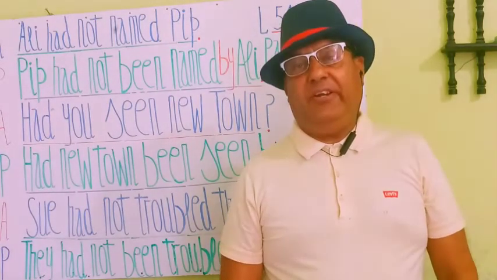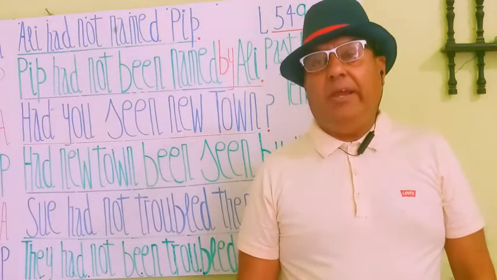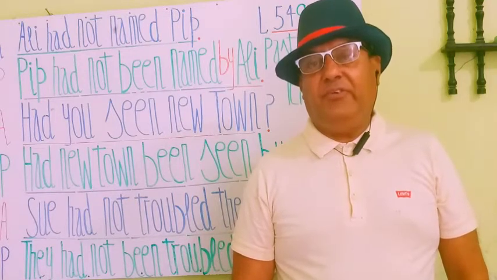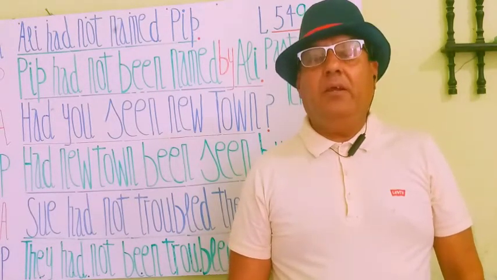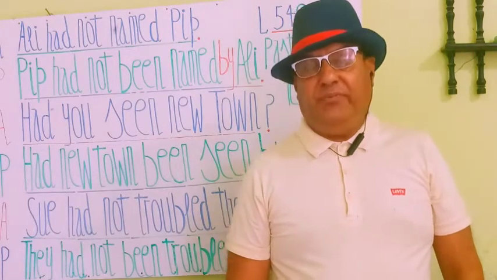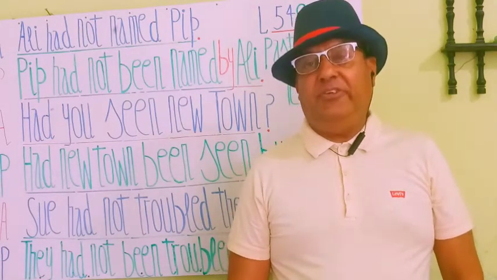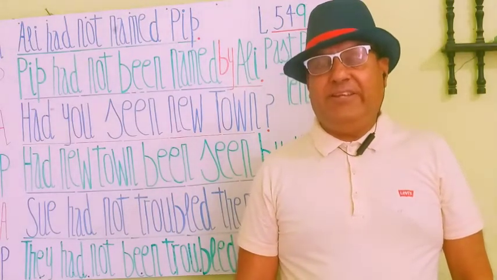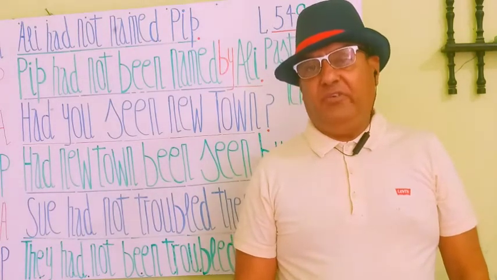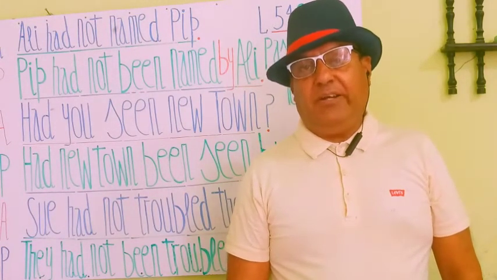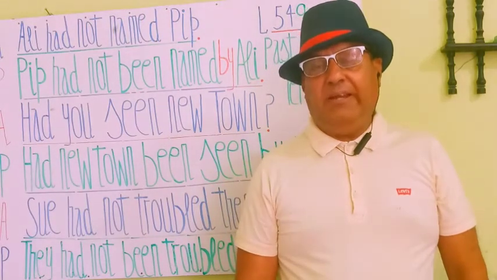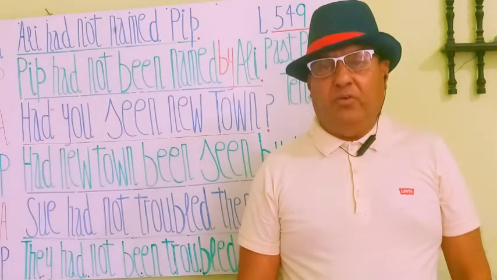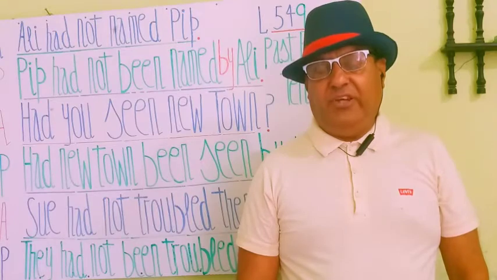Today we are going to see the negative phrases in past perfect tense. Past perfect tense negative statements. We will see the changes and rules that apply for this tense, and we will make their passive statements. Past perfect tense active statements will be changed to passive, and when we change active voice statements to passive voice, there are certain rules that apply. We will practice with those rules, and we will see how we can make good use of these active and passive voice statements.